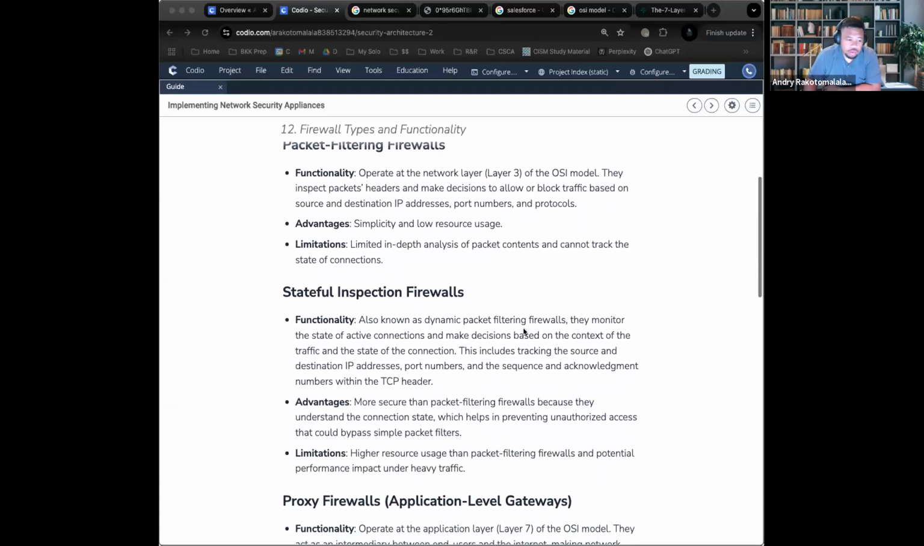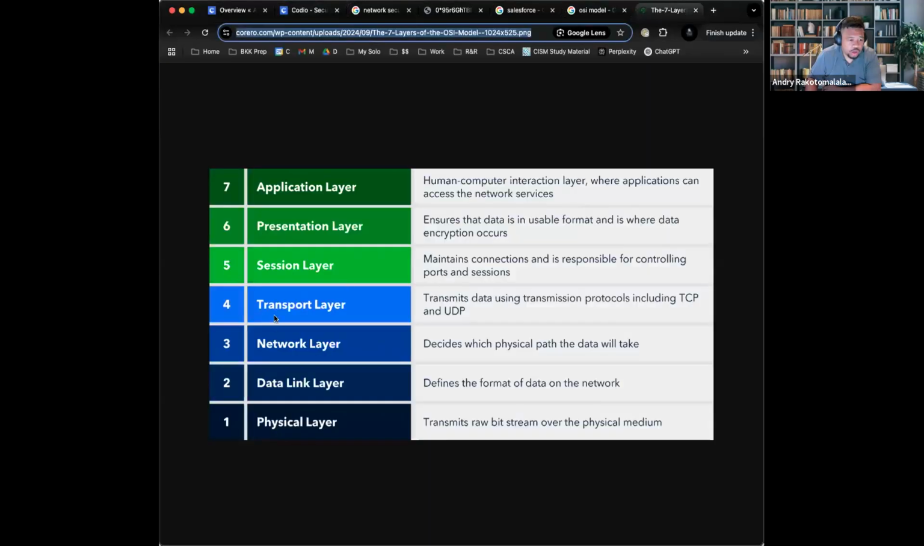Then we have what we call a stateful inspection firewall. A stateful inspection firewall doesn't function on layer 3, it functions on layer 4, the transport layer. Now, the transport layer I always think of as a bus because it's literally what carries or transmits the protocol. Now, it can take two lanes. The transport layer can take either TCP, which is more secure and has the three-way handshake, or UDP, which I like to think of as YouTube because it just sends the